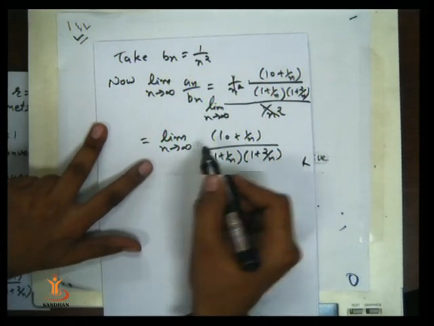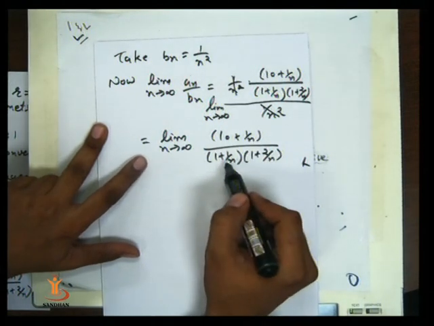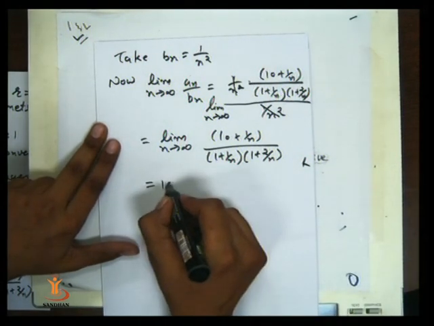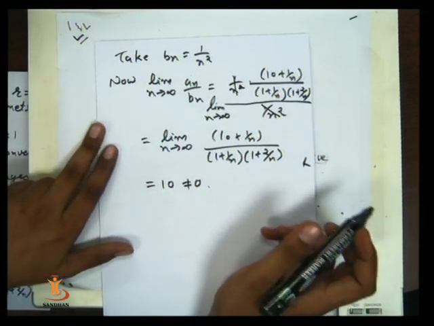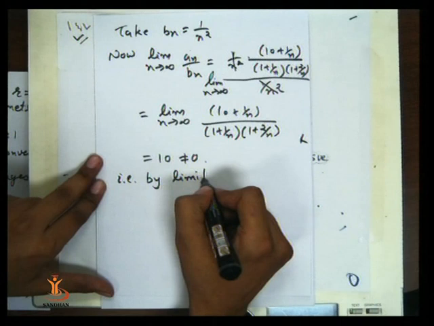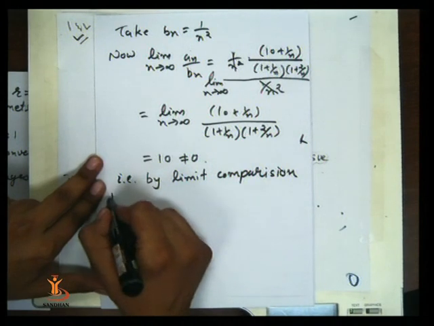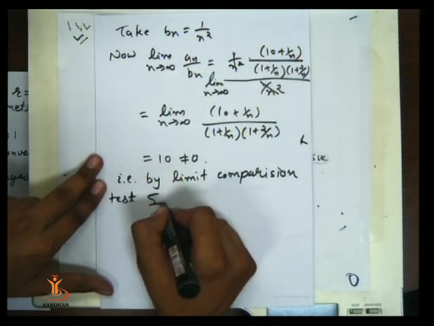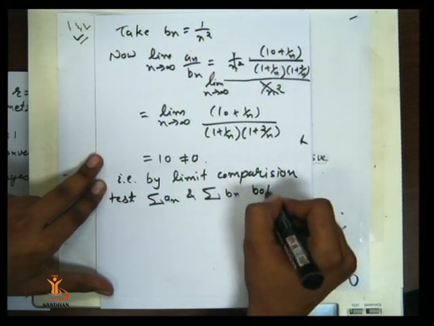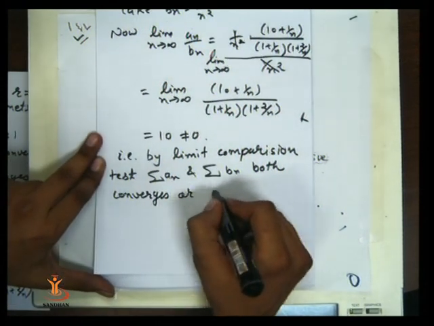Now when we take n tends to infinity, 1 upon n goes to 0, so in the numerator we get only 10, and in the denominator 1 plus 0, 1 plus 0, that is 1 into 1, which is 1, so as the final limit we get 10, which is not equal to 0. That means by limit comparison test, summation an and summation bn both converge or diverge